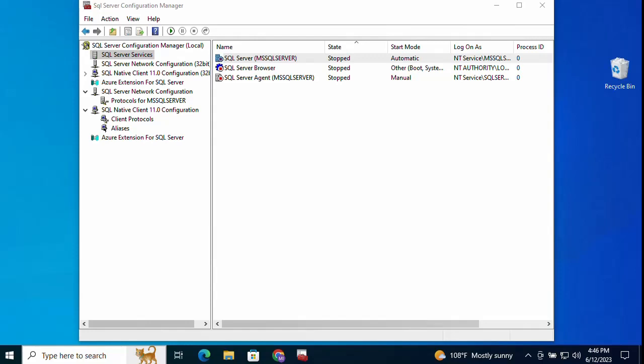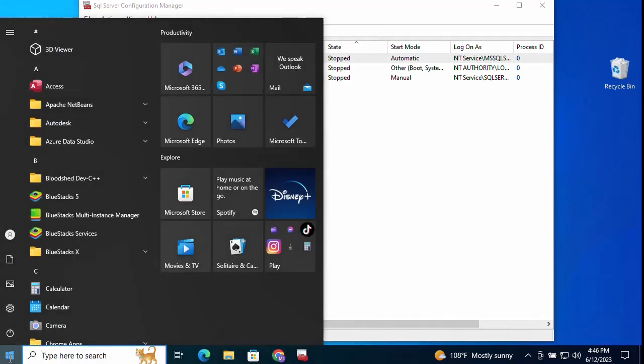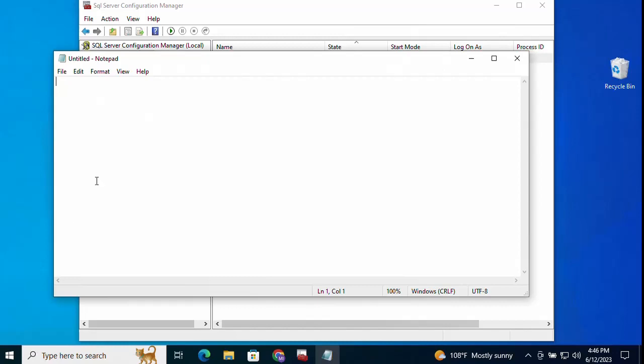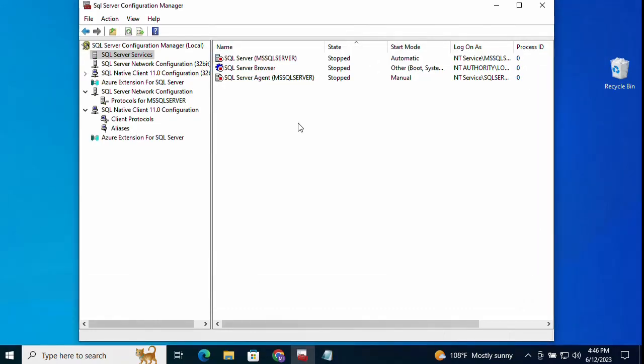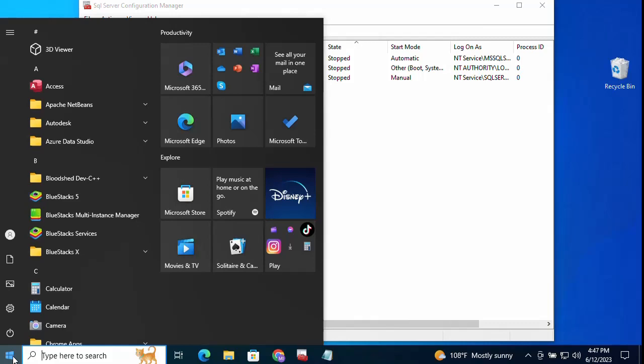There are many ways to remove SQL Server from your machine. You can use the installation media to perform the removal or uninstallation of SQL Server. So if you have the media mounted on your machine, you can run this command to uninstall SQL Server. And of course, this represents the instance you want to remove. If you have many instances to remove, you can add them all here. I don't have the installation media to perform the uninstallation this way, so what I can do is go to